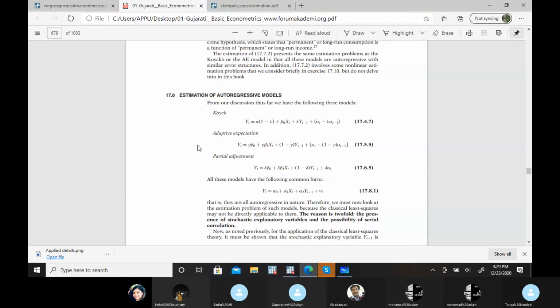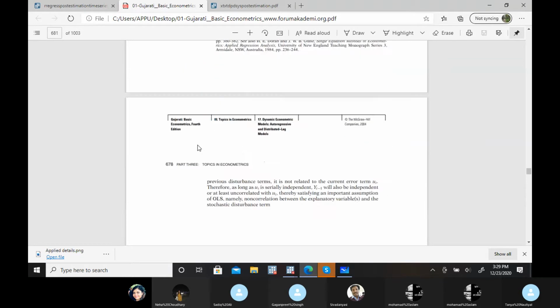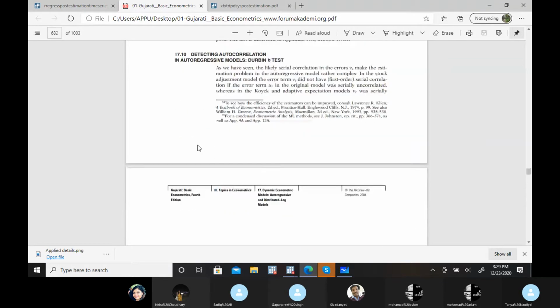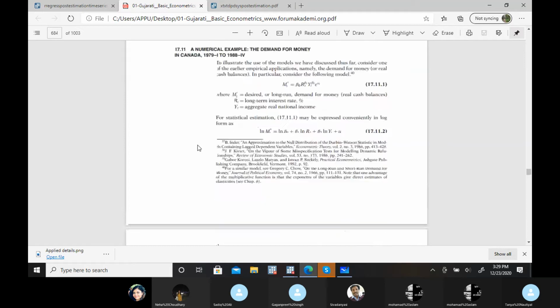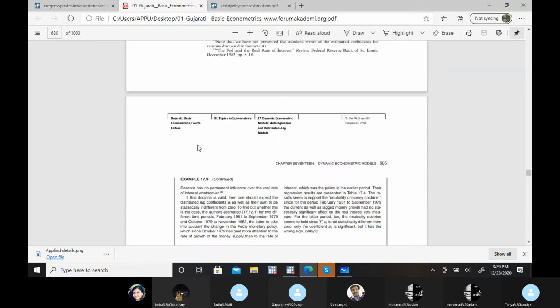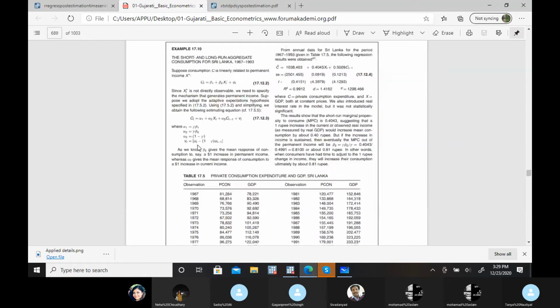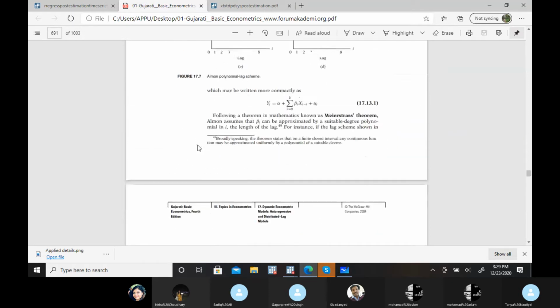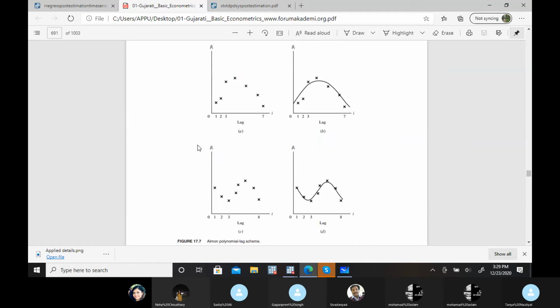But this difference is because of the assumption behind the impact of lag. One is assuming that it's geometrically declining, another is assuming it's not necessary that it geometrically declines, but it may take any other form. So a few of these polynomial forms Almon has taken into account, and he tried to incorporate these specific behaviors of the lagged impact into a model. But again, it's not that only these two methods are right.